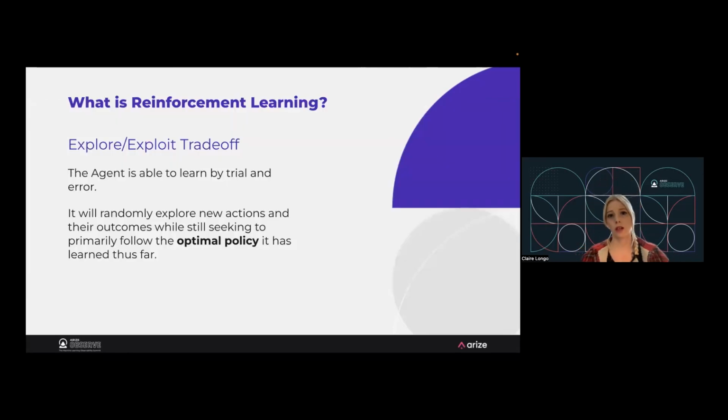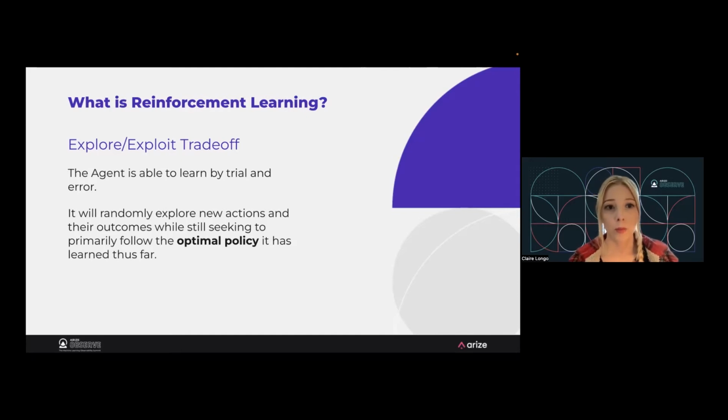So reinforcement learning has something really cool and somewhat unique that is called the explore-exploit trade-off. This is how the agent is able to learn by trial and error. As this algorithm in live real time seeks to determine and follow this optimal policy, this correct set of actions, it can also continue to explore alternative actions. So you know what the right action would be at a certain point, but you also wonder if maybe there's a new alternative action that maybe didn't exist or you just haven't even tried yet that could actually be better.